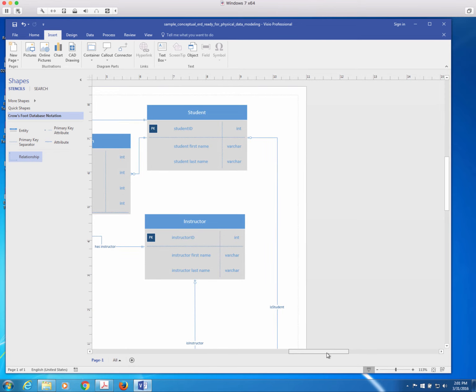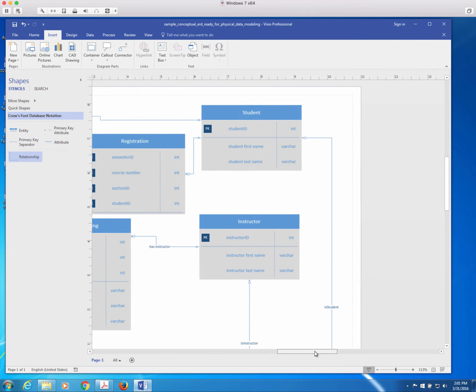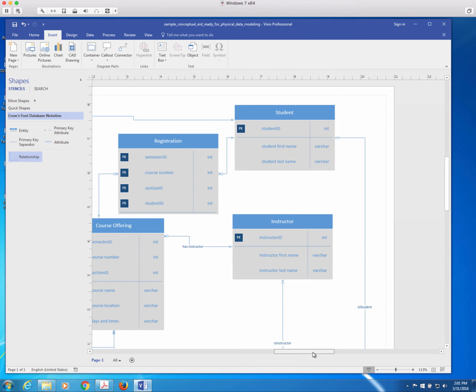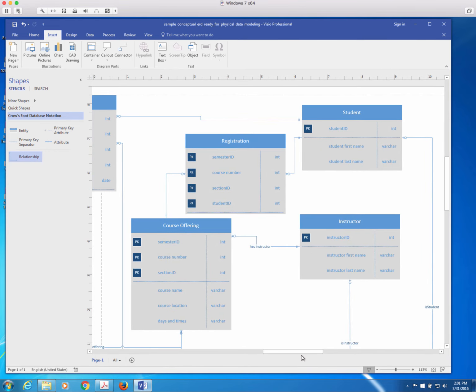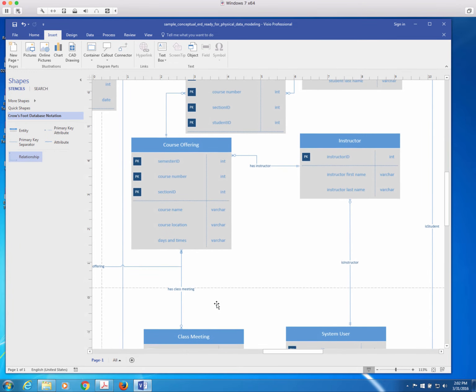Okay, let's go up and see student. Don't see any redundant information there. Instructor. Don't see any redundant information there. Registration is just an associative entity, so I don't have to worry about that. Course offering. Well, the course name goes with a course offering. Course location goes with the course offering. Days and times. Now, I could make improvements here. Okay, so what kind of improvements could I make? Well, for instance,